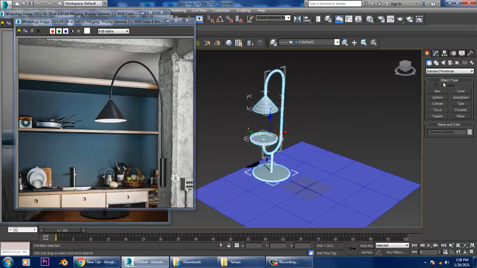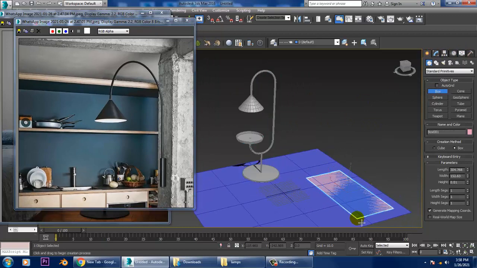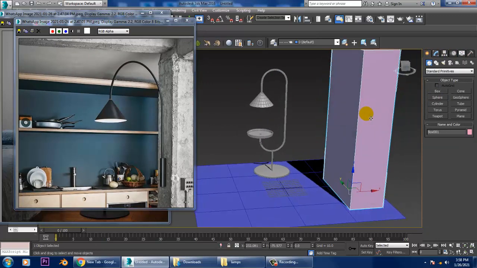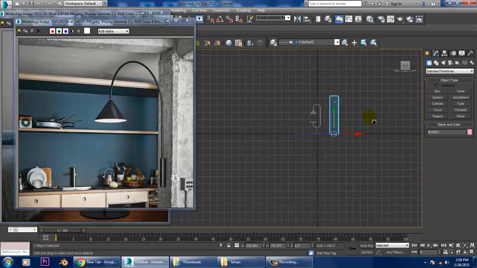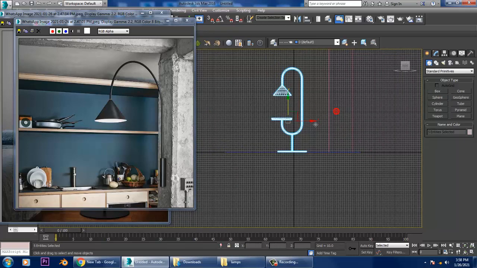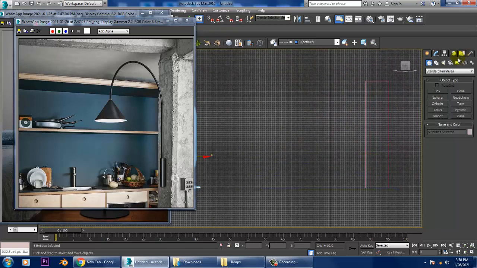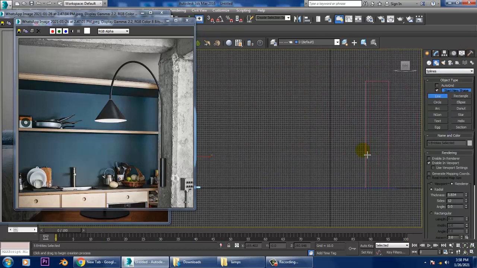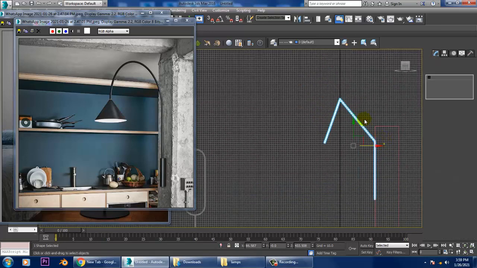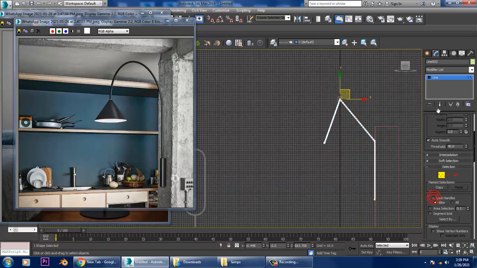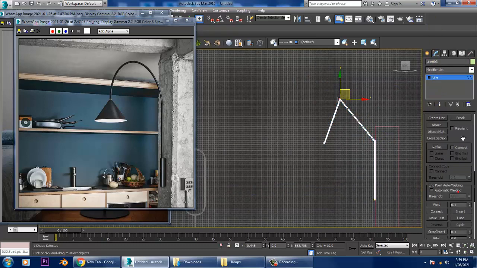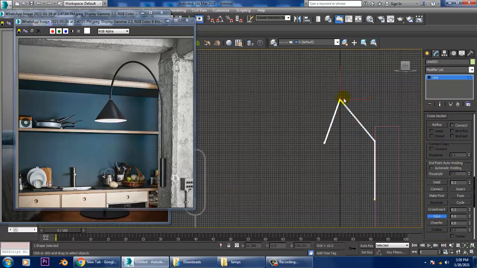Let's take a box for this kind of a wall over here. Select this. Let's take a line tool over here. Select the vertices and let's give a fillet.